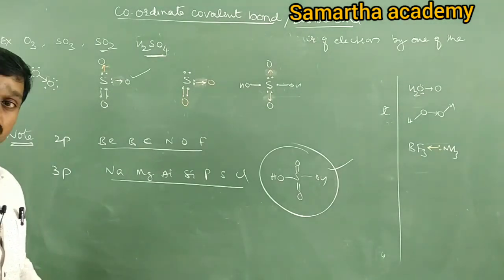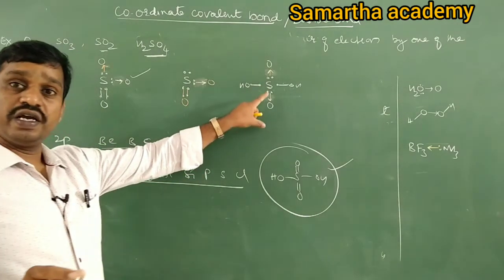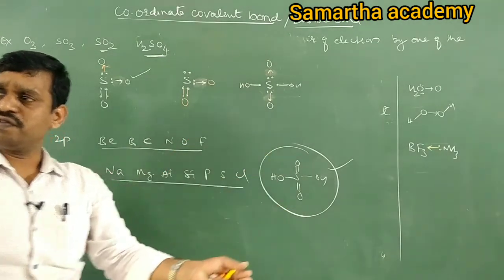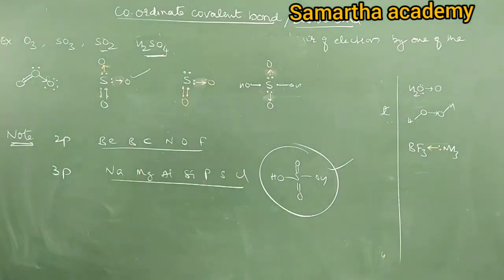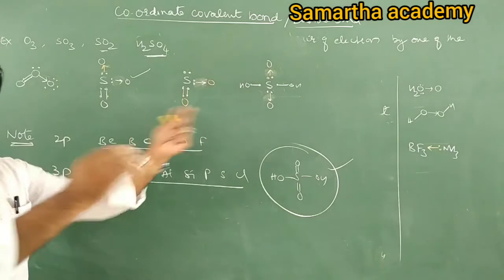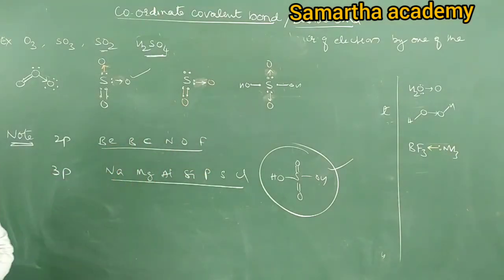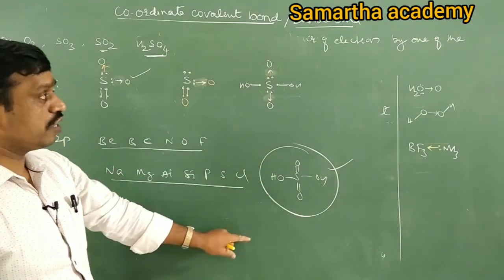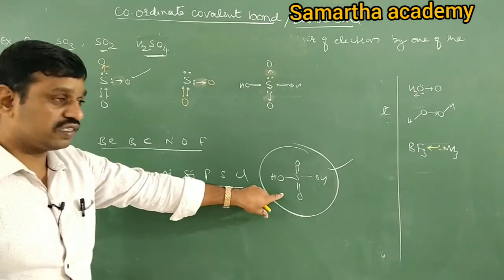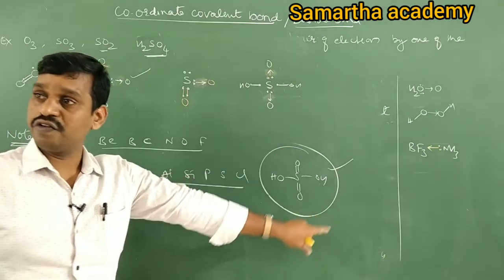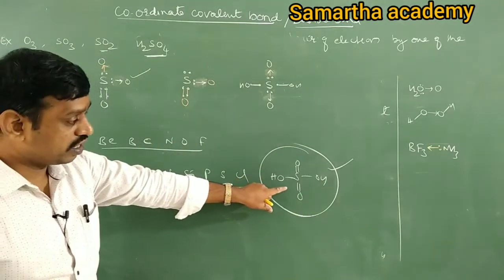See, a dative bond is nothing but sometimes it forms a covalent bond also. A dative bond is one way of representing a covalent bond only. That's why we do not study dative bonds separately. According to the IUPAC concept, a dative bond is not a new bond, it is one kind of covalent bond. Like, for example, sulfuric acid only. If they ask about dative bonds in sulfuric acid, 2 dative bonds, but the structure is this, it is also possible. Why is this possible? Because sulfur belongs to the third period, it has vacant d orbitals, so its octet can be expandable.